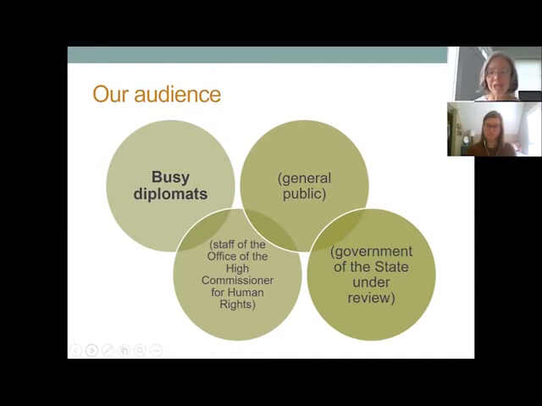Your own government may want to read the report, see what you're saying about them, and perhaps use that as information that may guide its decision-making process as well. I feel I should say, these documents are always public, and some of our partners have concerns about their names, the names of their organizations being included as stakeholders in the stakeholder report because they're concerned about reprisals. And in some contexts, that's a very legitimate concern.